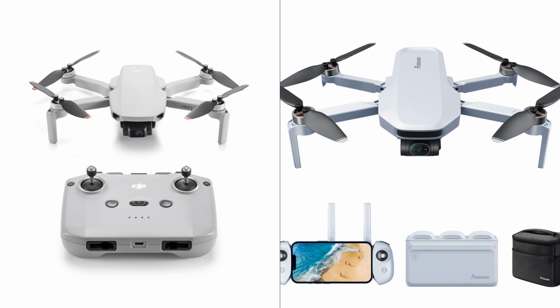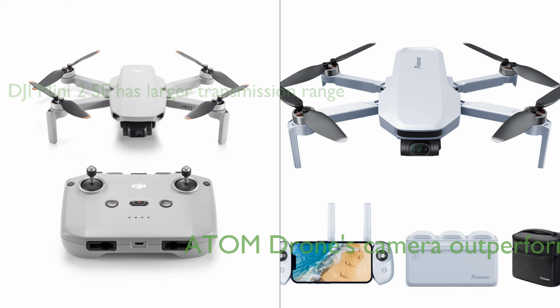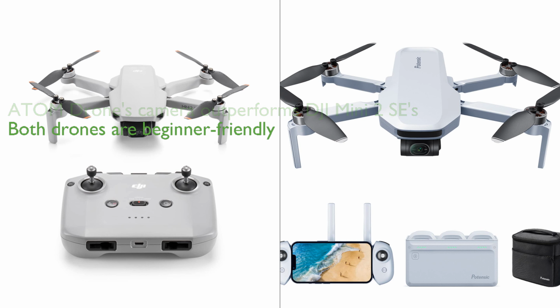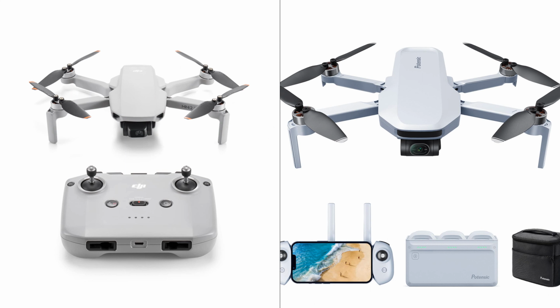The DJI Mini 2 SE, with its 10-kilometer max transmission range, outperforms the ATOM drone's 6-kilometer range. However, both drones offer strong anti-interference compatibilities. The ATOM drone's SONY CMOS sensor and 12-megapixel camera, capable of recording 4K 30 FPS video, surpass the DJI Mini 2 SE's camera specifications. Both drones cater to beginners with their easy-to-use features and safety functions, such as return to